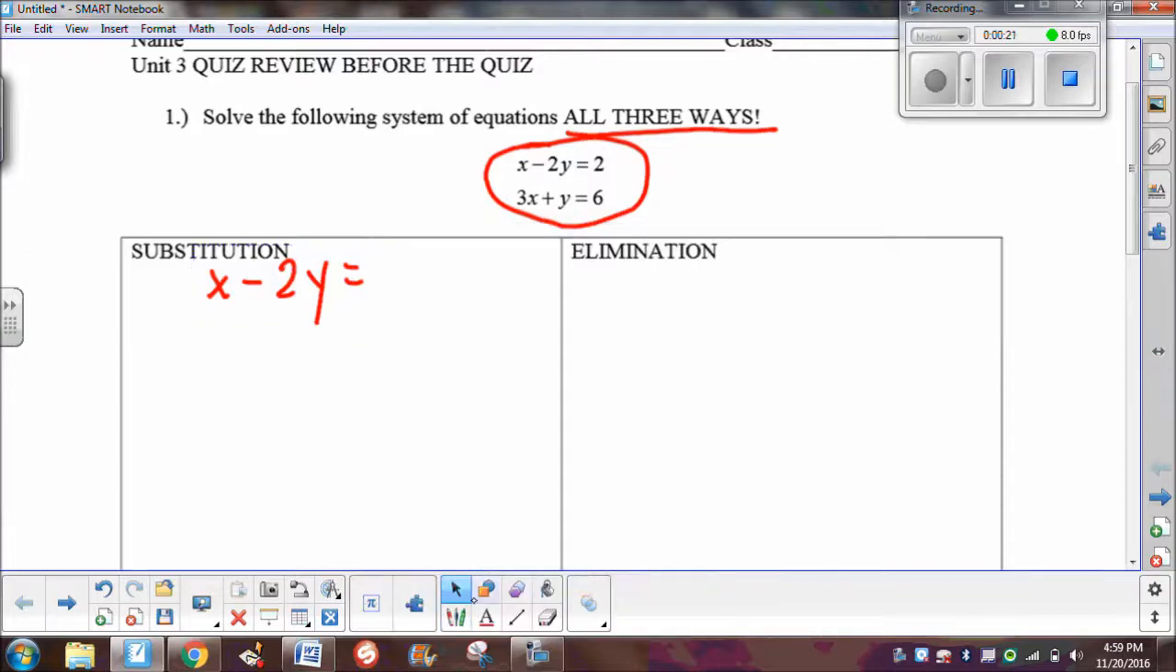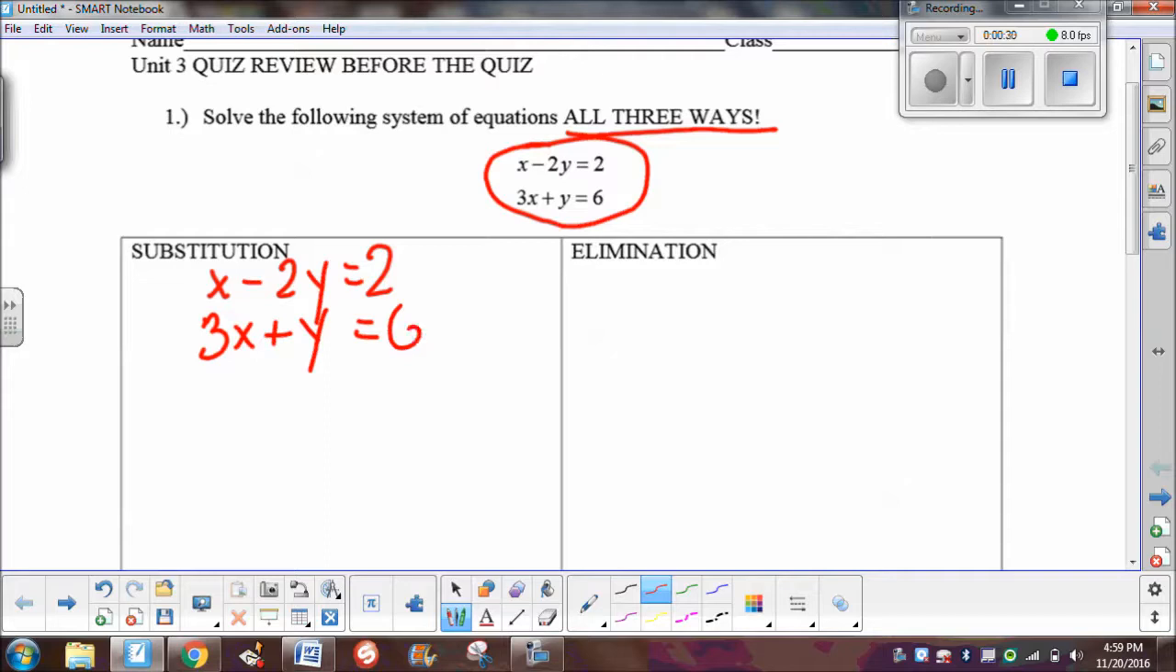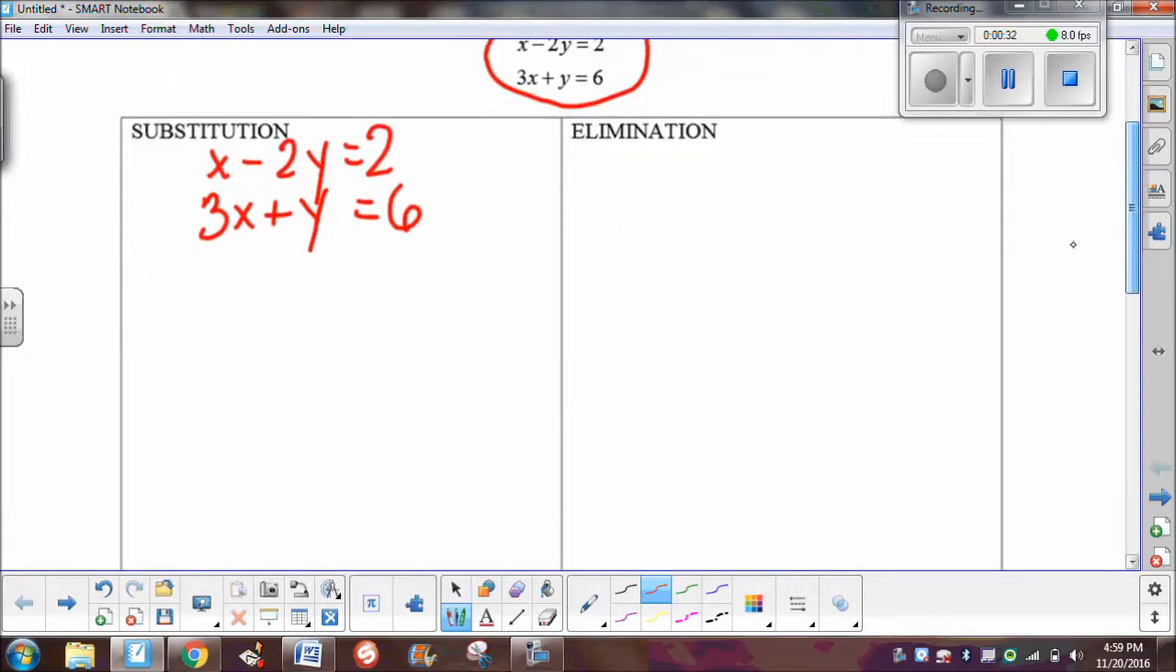Oops. Oh, issue with my stylus here. There we go. And 3x plus y equals 6. So if I want to solve this by substitution, I've got to isolate one of the variables first, probably within one step, to be able to do my substitution. So I'm going to look at my first equation, and I could isolate x in one step. So to do that, I would add 2y